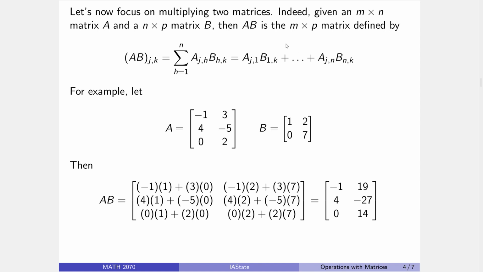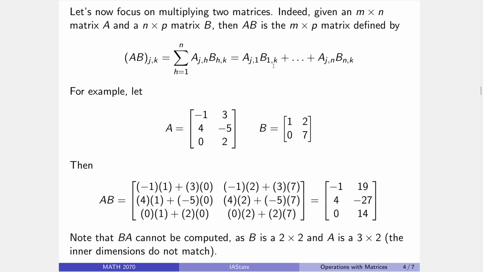All right, nice. And then there we see that the dimensional thing needs to line up correctly. The number of entries in the row of A needs to match the entries in the column of B, hence why I need the number of columns of A and the number of rows of B to line up. Right, so now for this particular matrix, I have A times B defined, but B times A cannot be computed